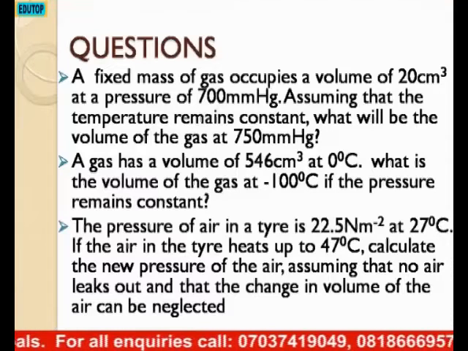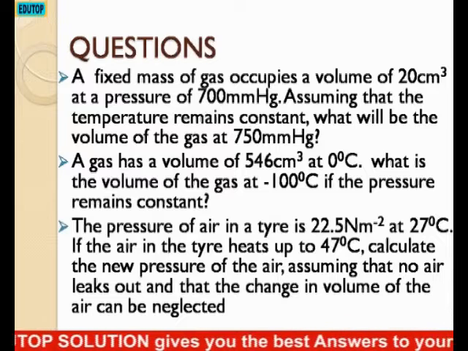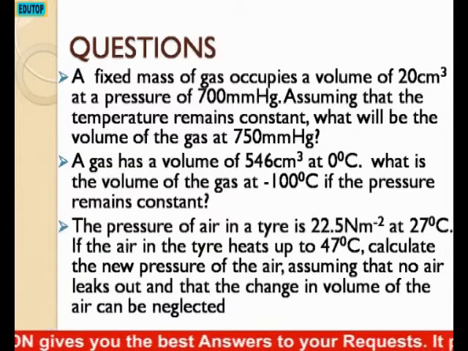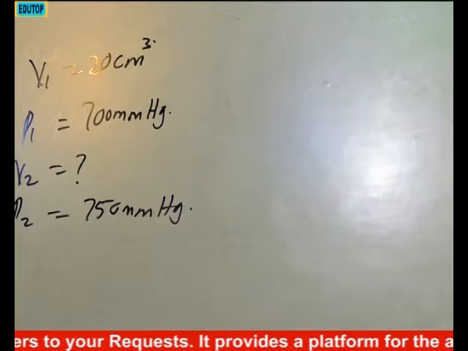Question number 1. The question says a fixed mass of gas occupies a volume, that's V1, which is equal to 20 centimeter cube at a pressure P1, which is equal to 700 millimeter of mercury. Assuming that the temperature remains constant, what will be the volume of the gas when P2 is equal to 750 millimeter of mercury? If you remember the relation for Boyle's law,